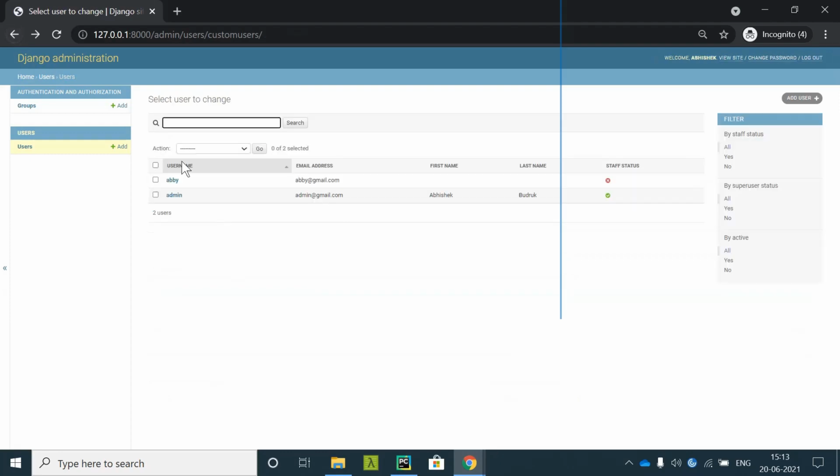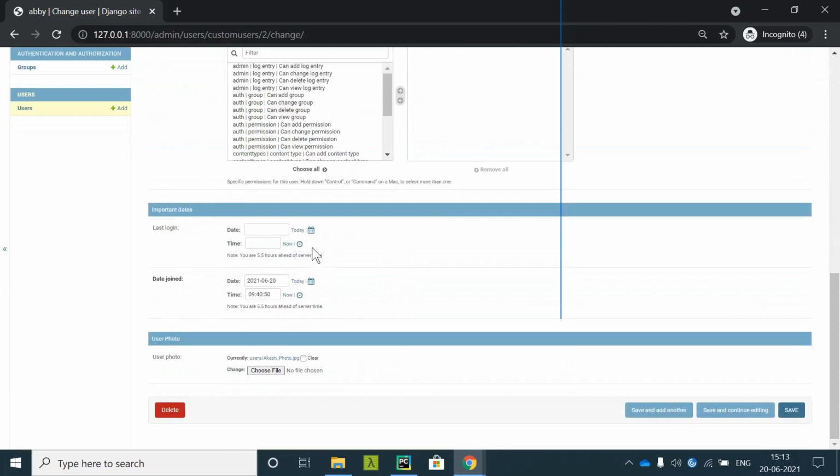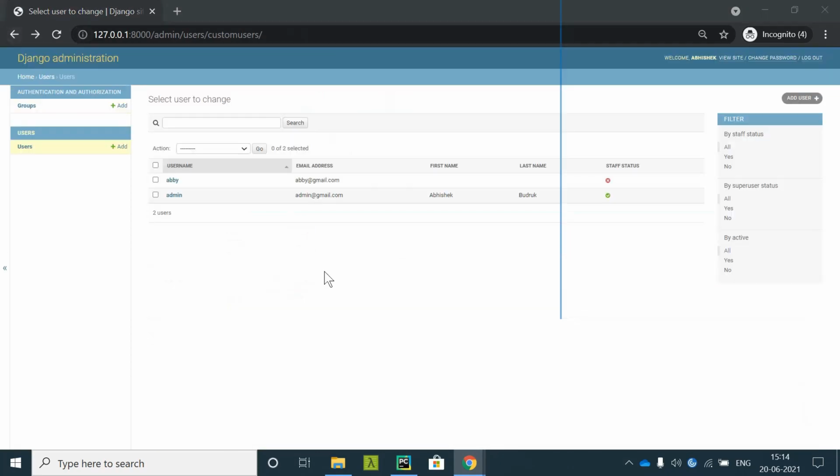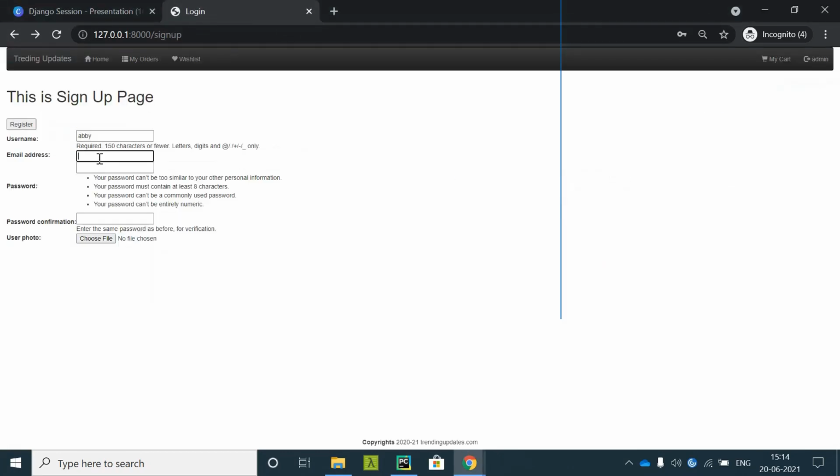See, whatever user I had added, it got added, but it gave me a problem later on. Okay, it got added, no worries, but it gave me a problem later on. Let me check now. It should not throw any error.